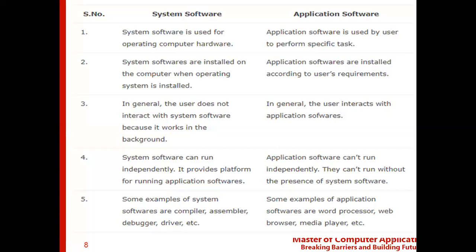System software can run independently, whereas application software can't run independently, because we need the system software to run the application. So these are a few differences between system software and application software.